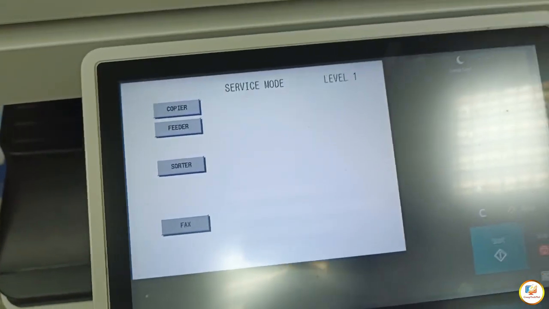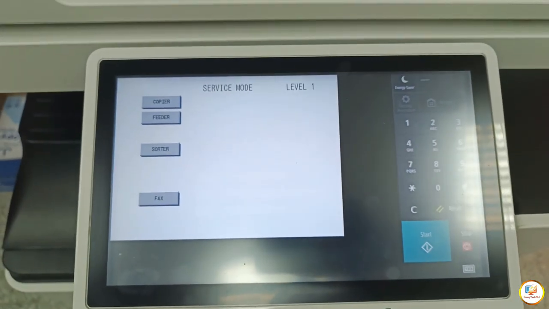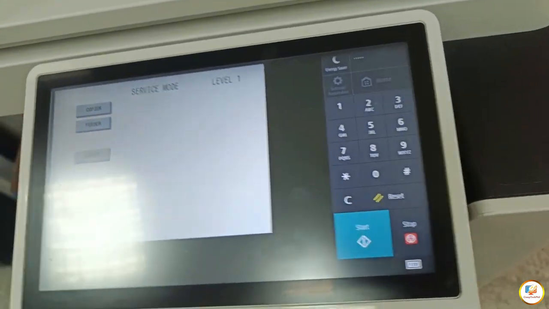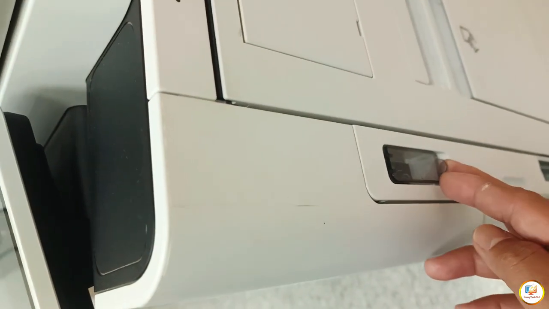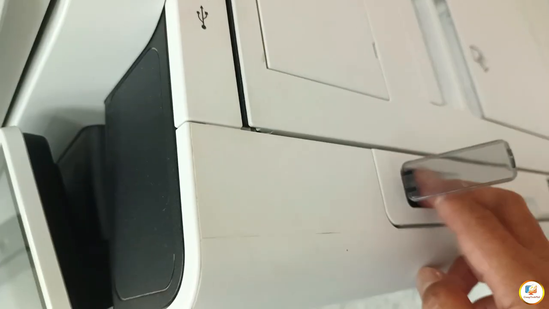Then it returns back here. It means the password is already cleared. Now, what we need to do is restart the machine. The restart button is here. Just tap.